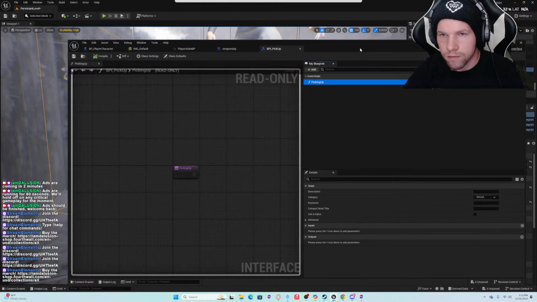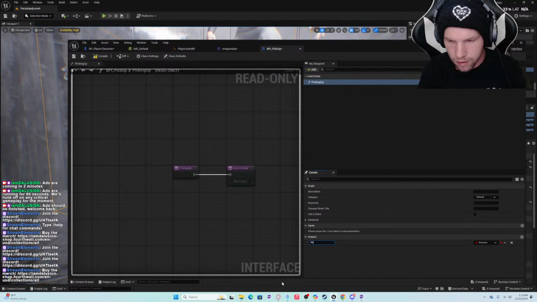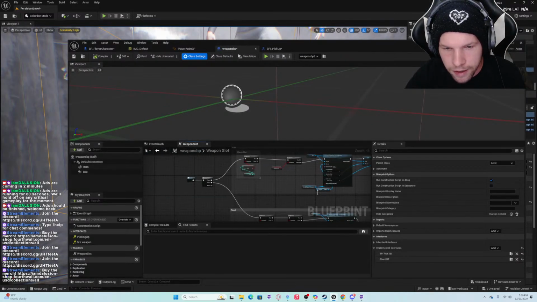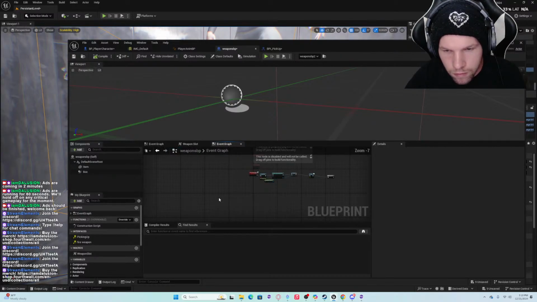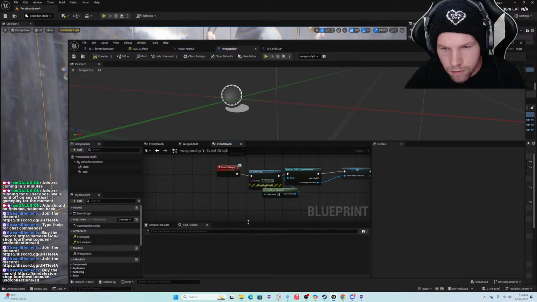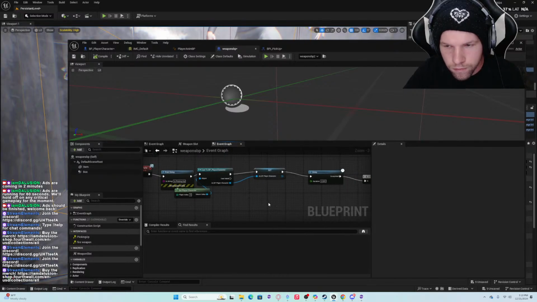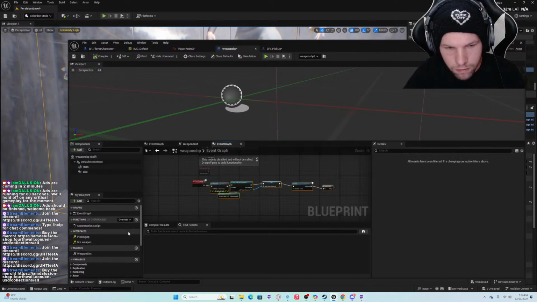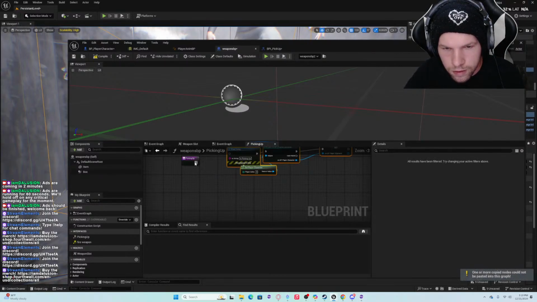So outputs. What if we did item slot, and that is gonna be a this.